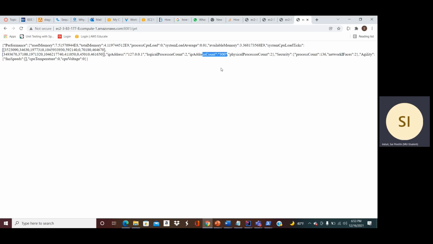So the number of requests is 300. We had a threshold of 200. If it exceeds that threshold, we say a DOS attack has happened. In this way, we'll be able to figure out whether our node is safe or not.